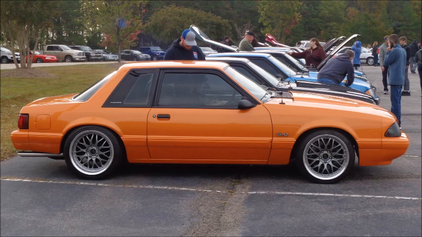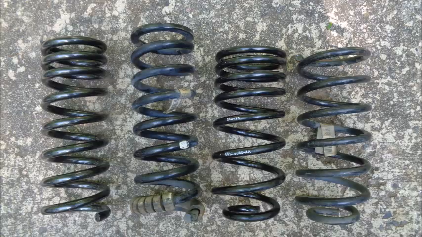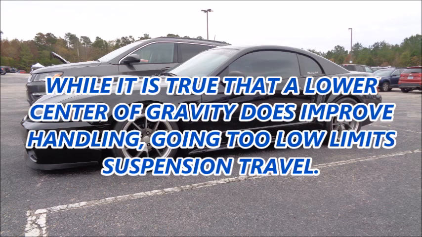We're trained to associate ride height with handling. After all, race cars are low to the ground. Lowering springs are a really popular mod, and they're often the first change people make to their Mustangs. There are many options out there, and a lot of people assume that the lower they go, the better their car will handle. And while it is true that a lower center of gravity does improve handling, going too low